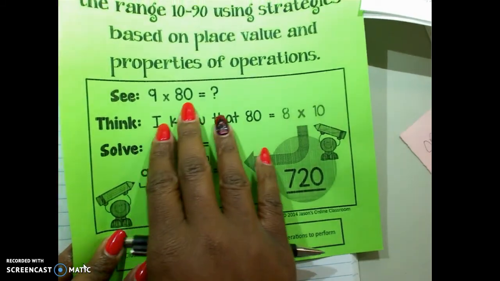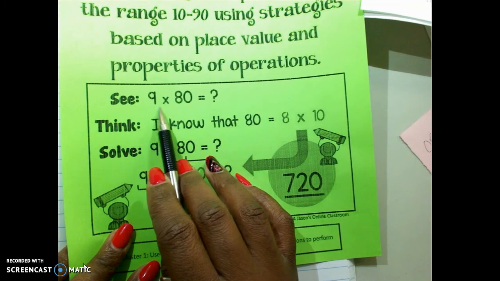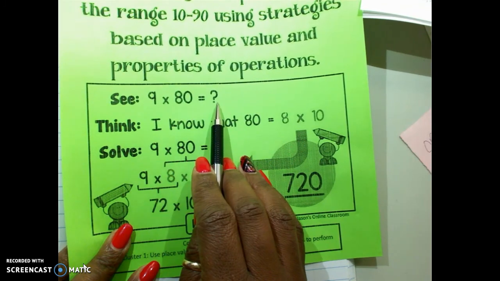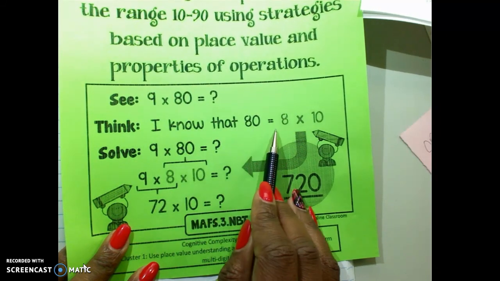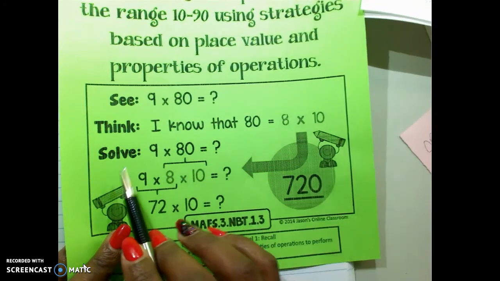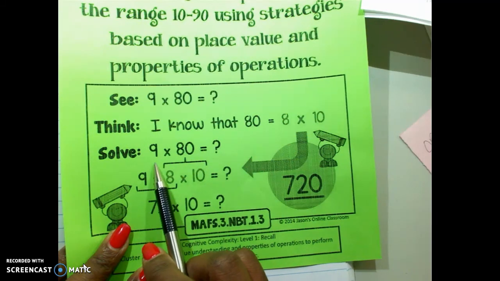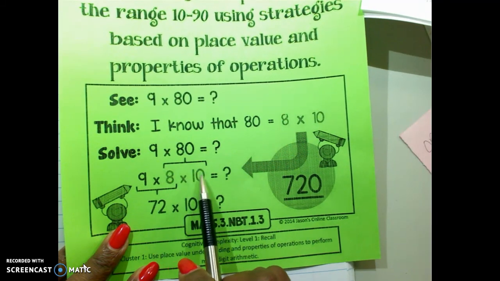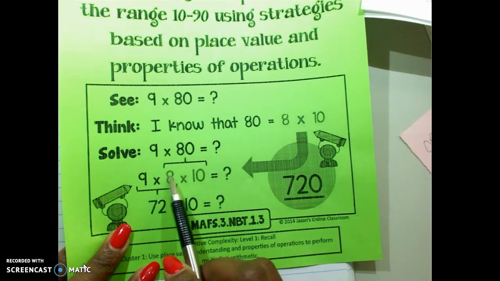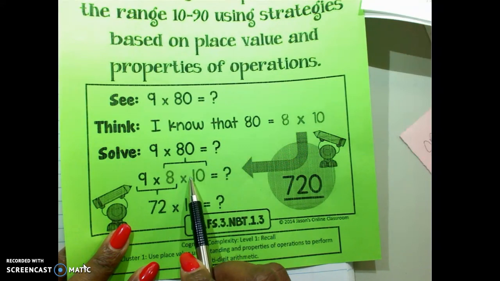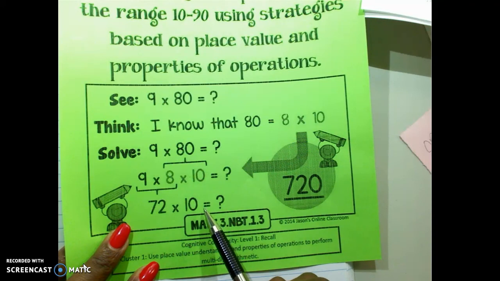All right, guys, I hope this has helped us. Here is yet another way of thinking about it. I'm going to run through this one quickly. It says when we see 9 times 80, we want to know what that answer is. So we're going to think to ourselves, I know that 80 equals 8 times 10. So in order to solve that, they're going to break that apart pretty much like we did our box method. 9 times 8 times 10 equals, well, here they went, 9 times 8 gave us 72 times 10, which represents our old school method of just adding that zero. So times 10 would have given us